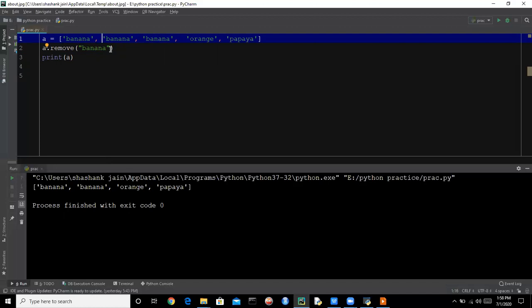It finds the first occurrence of banana. So here we are having index 0 as the first occurrence of banana. So it is removing this banana, and the list is printing from this banana to papaya. So this is how the remove function works.